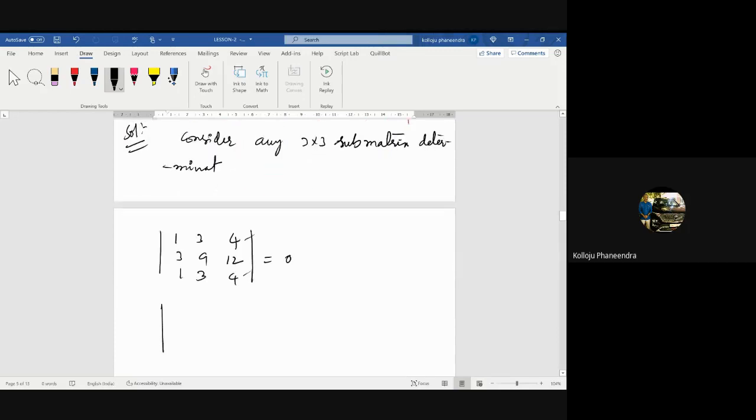So take another one. I will take another 3 by 3, from the second column onwards: 3, 4, 3, 9, 12, 3, 3, 4, 1. This is another 3 by 3 submatrix. From the second column onwards, I'm deleting the first column. Therefore, what is this value? This is 3 into 12 minus 12, 0. Minus 4 into... 0, sir. This is also 0. 9 minus 9 plus 3 into 36... 0. Yeah, we are getting 0 here also.